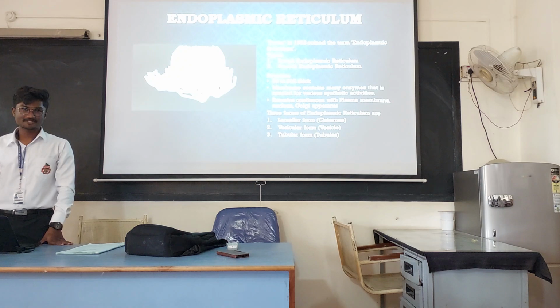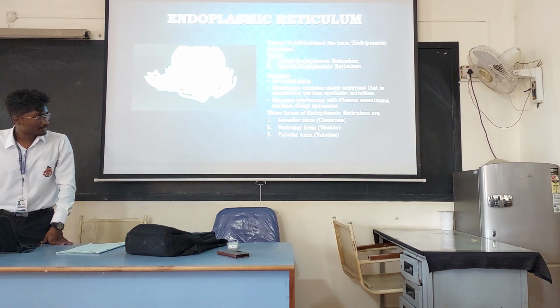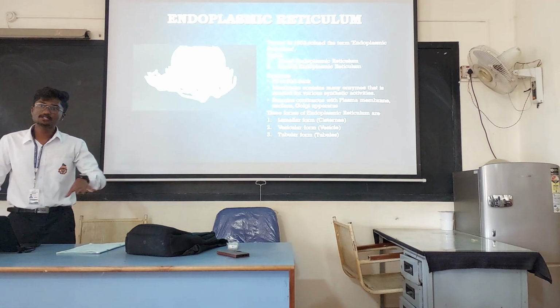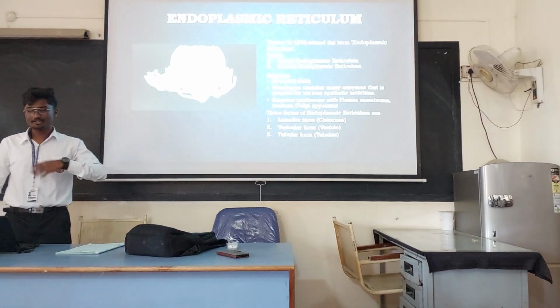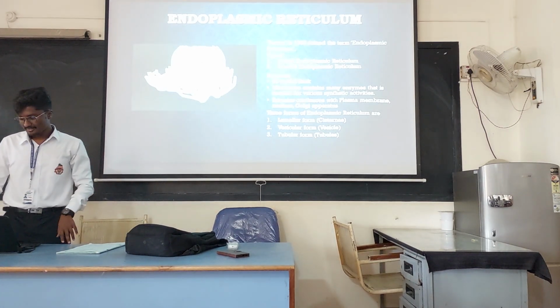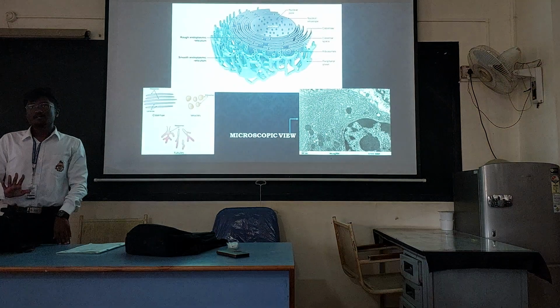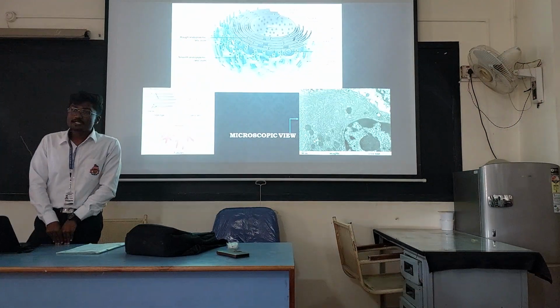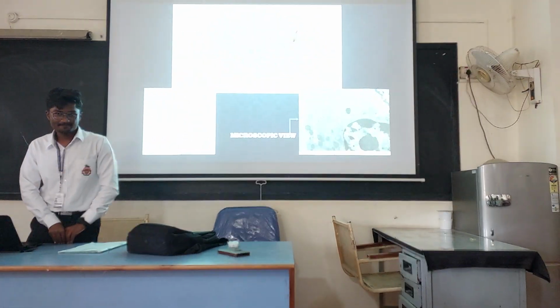This smooth endoplasmic reticulum is present abundantly in liver cells. Liver cells secrete bile juice, so it is abundantly seen in those cells, also in many other cells. I have not gone much into detail on it. Then endoplasmic reticulum also helps in glycogenolysis.